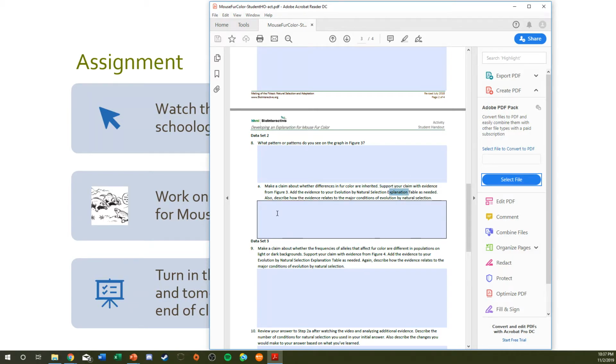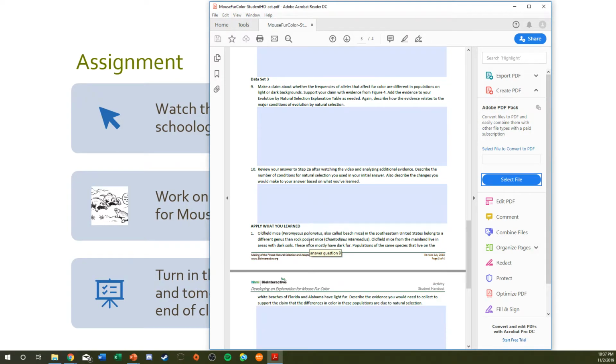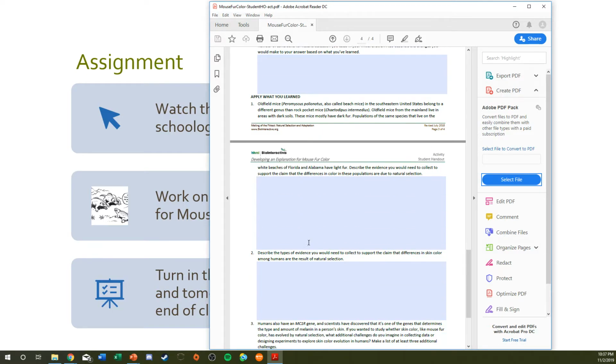And so your reasoning will be several sentences of you explaining how that evidence supports your claim using concepts of evolution and natural selection. Okay, so if you do not refer to those concepts in your explanations, you're going to get docked points on this. So anyways, that's what you'll do right here. Again, I'm giving you 2 days on this, so please, please, please spend some time on that.